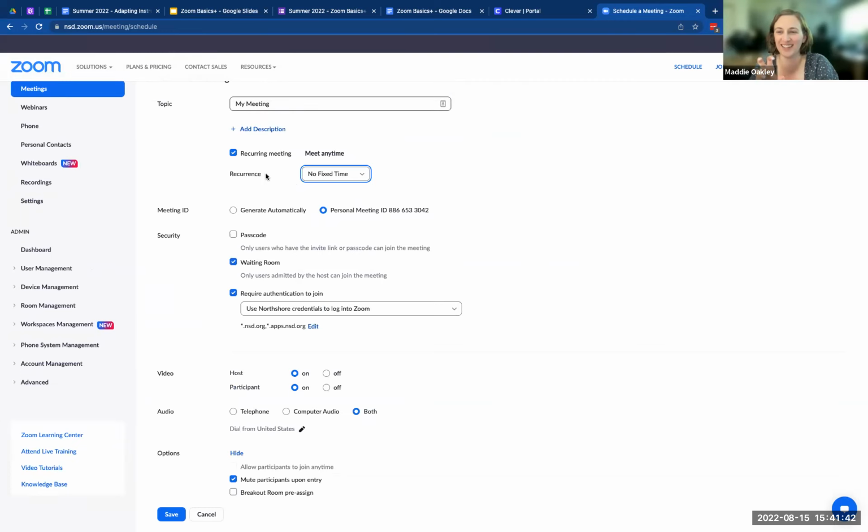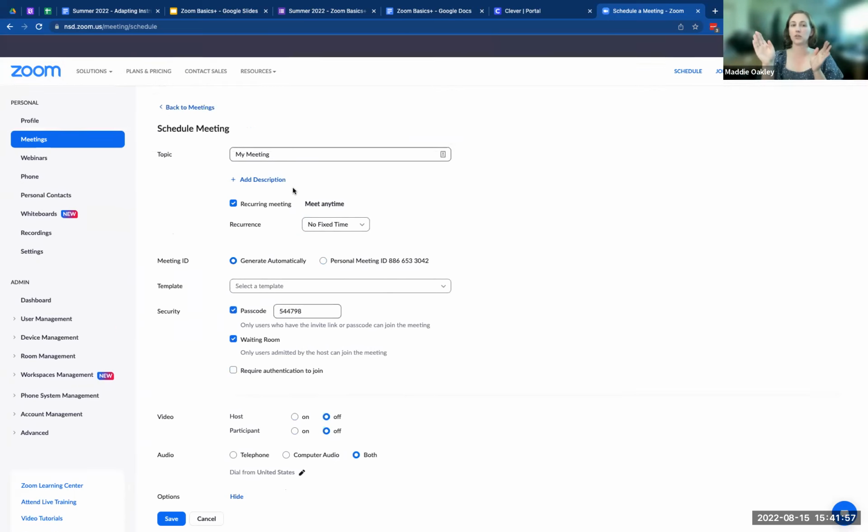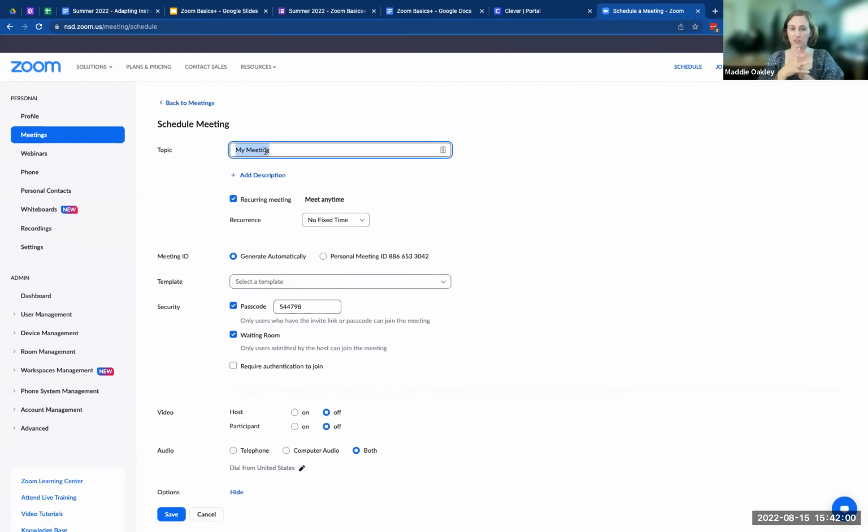Like, what is that? But it's actually really convenient. And it's actually what I would use if I were a classroom teacher having parent teacher conferences. I would say, I'm going to schedule a meeting that is just parent teacher conferences, like Ms. Oakley's fall parent teacher conferences, and do recurring meeting, no fixed time, because my meetings aren't all at 9 a.m. every day. I've got 2 at 9:20 at this time, and then I've got this one at like 4:15.